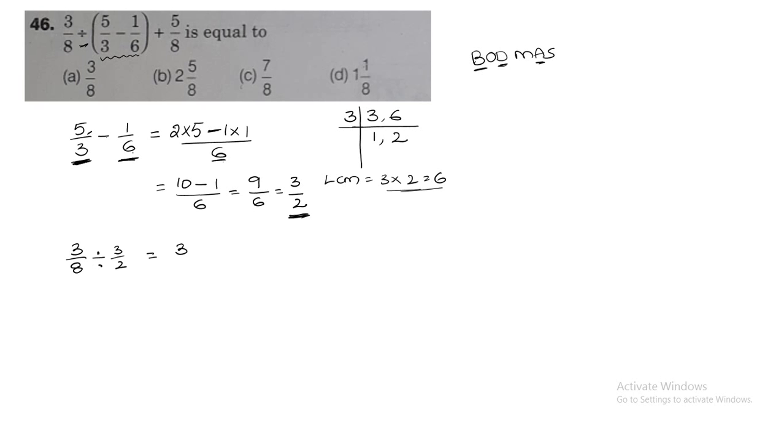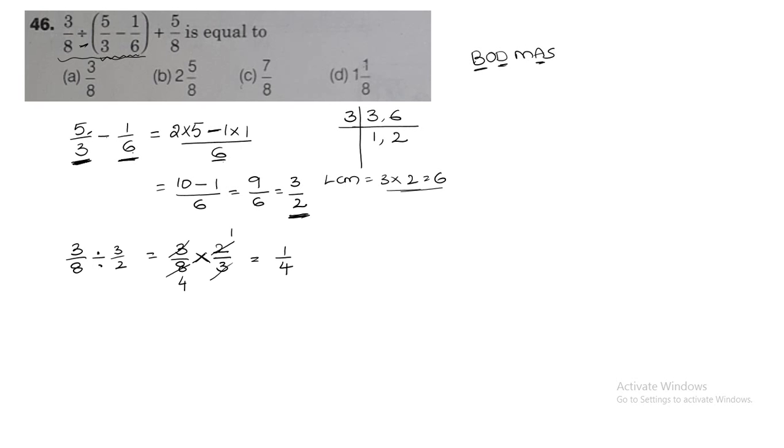So how can you do this? 3 by 8 divided by means into. When divided by becomes into, then these two will turn numerator as denominator and denominator as numerator. So clearly in the numerator we have 3, in the denominator also we are having 3. Whenever you are having multiplication, directly we can cancel the things in the numerator and denominator. The same way here also, 2 1s are 2, 2 4s are 8. So from this, what I am going to get? 1 by 4.